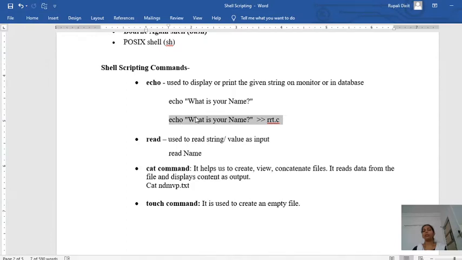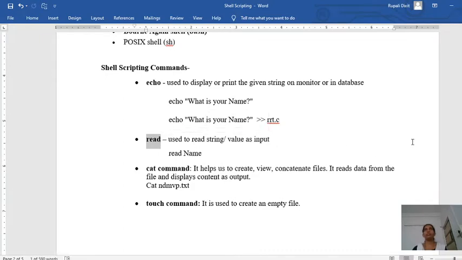I'll type echo, then string, then the redirection operator is used here. Then you type the file where you want to display the string, that is named as rrt.c. In this file, this string will be echoed. Getting? So there are two uses of this echo: print on screen, otherwise print into the selected file by using the redirection operator.